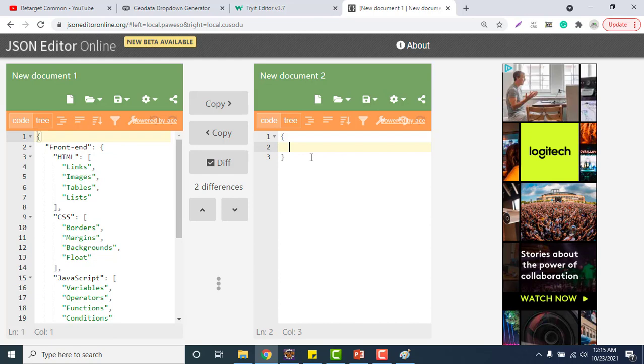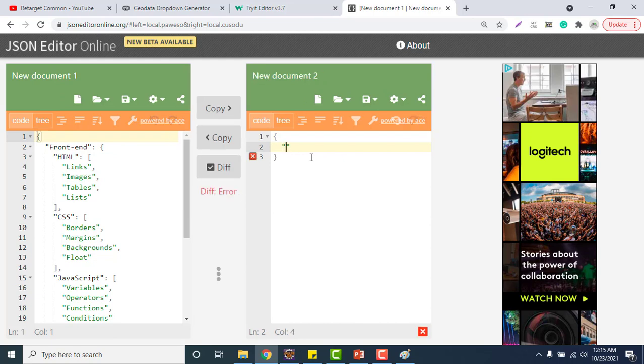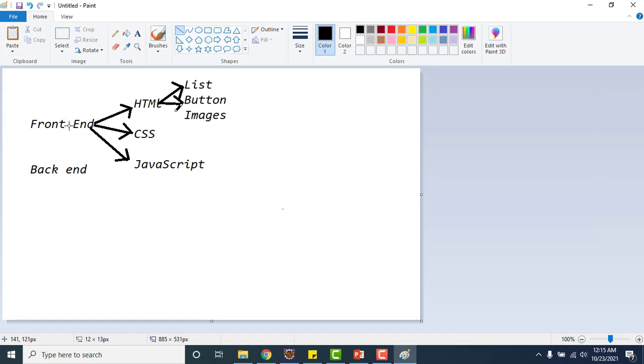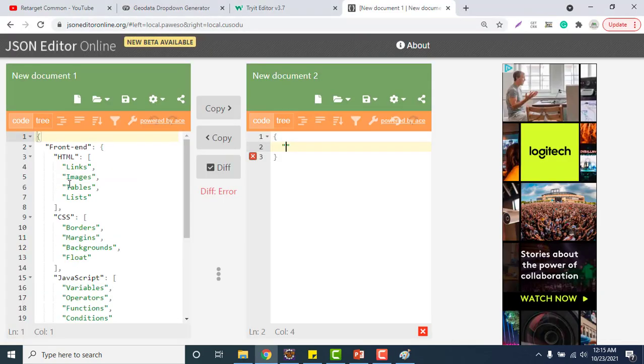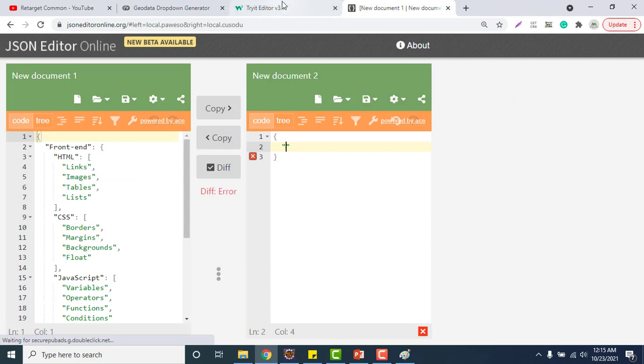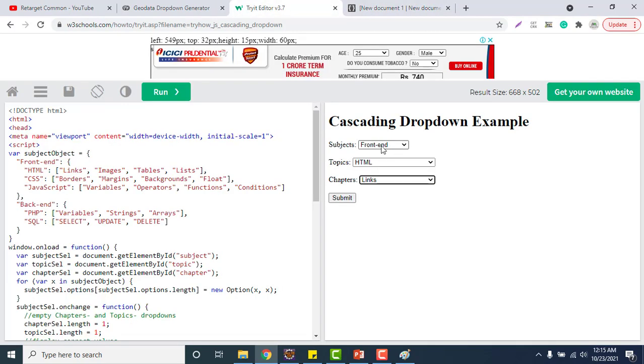Inside this JSON object we will have two keys, right? Why am I creating a JSON object? Because if front end is a key, then it has a value. Whenever we have a key value pair, we have to go for a JSON object. So front end is the key and back end is the key. Let me copy the values, front end.